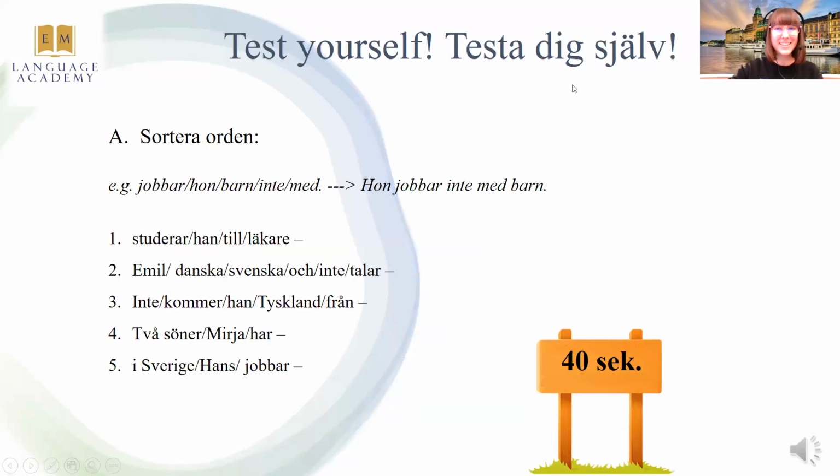Let's move on. Right, and next we have another exercise, sortera orden. So our task is to put the words into correct order. For instance, jobbar hon barn inte med? Now, this is a clear indication that we have to generate a negative sentence. Why? Because we have a negation here, inte, right? So we begin with the subject, which is she in this case. Hon